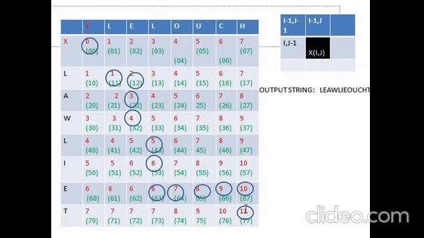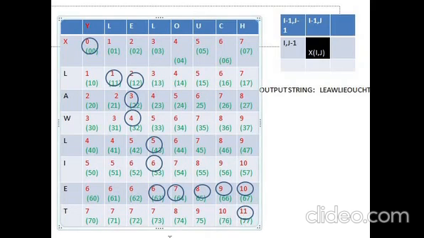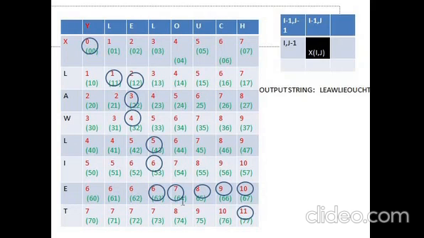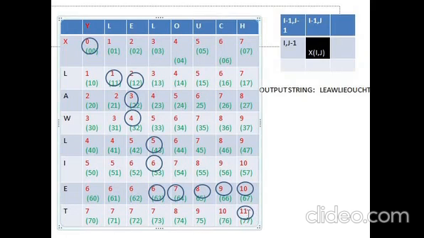So we'll start from the bottommost cell of the table. This algorithm is all about movement. We just compare the characters. If they are the same, move in one direction. If they are not the same, consider another condition and then move in another direction. In this table, we start from the lowermost cell, the right corner.